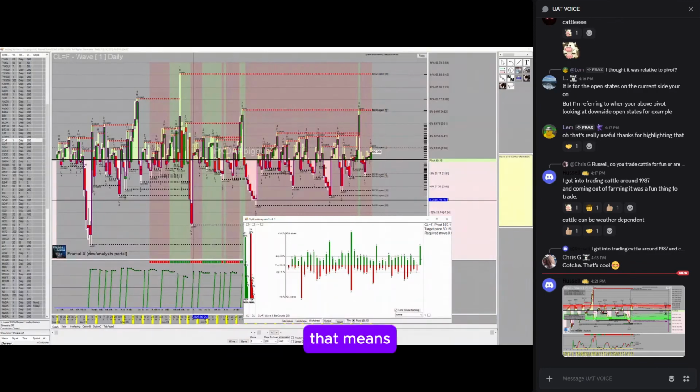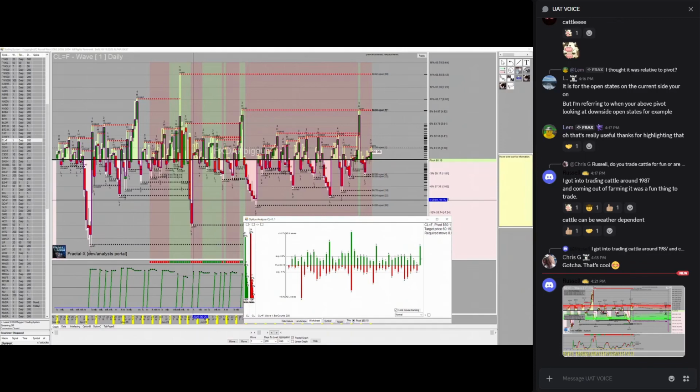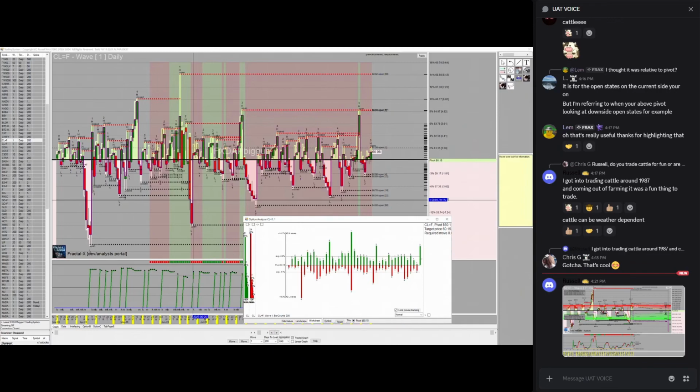That means that the producers of oil have to pay somebody to take the oil off their hands when it goes negative. So when futures go positive, it's contango. When you're producing, somebody has to pay you to get your oil. When the contracts go negative, you have to pay somebody else to take your oil, which is